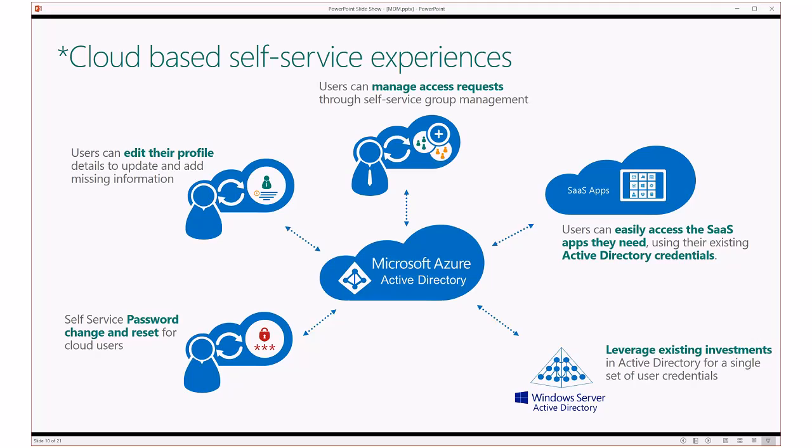And the same goes inversely if you wanted to lock someone out of something, either because their account has been compromised, or they're leaving the company, or they're changing a role or position and they're going to need a different level of access. Well, you make those changes on-prem, it trickles up into your cloud services, and then regardless of where they are, it is going to change their access and permissions at that time. So from a management standpoint, that's obviously pretty powerful.